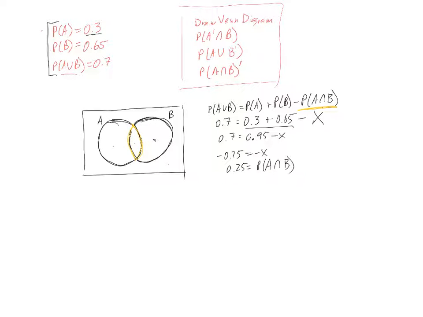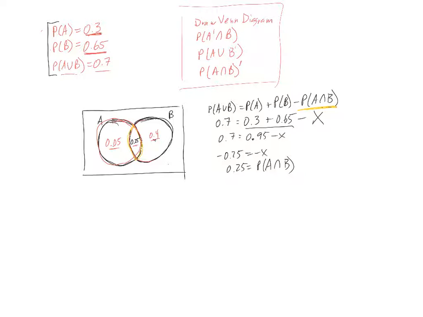So that means this section here in the middle is 0.25. Now that's great because I already know that the whole probability of A is 0.3. And if this overlapping section is 0.25, then that means that this has to be 0.05, right? Because those two add up to give me the circle of A, which is 0.3. Probability of B is 0.65. Now 0.65 is going to be all of B, so I'm going to take off the 0.25 and I'm going to get 0.4. And you'll notice that if I add these three together, that would be the union of A and B,